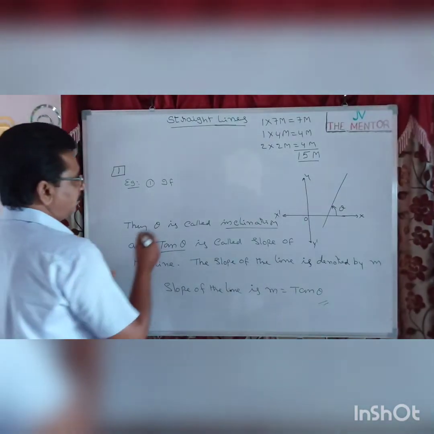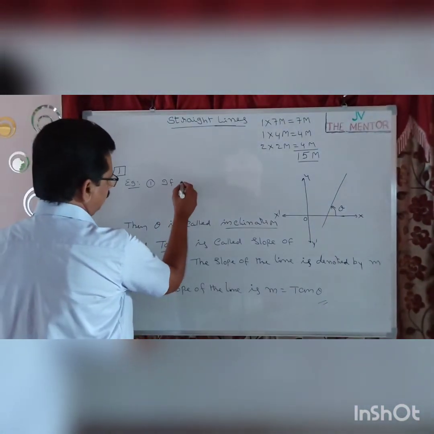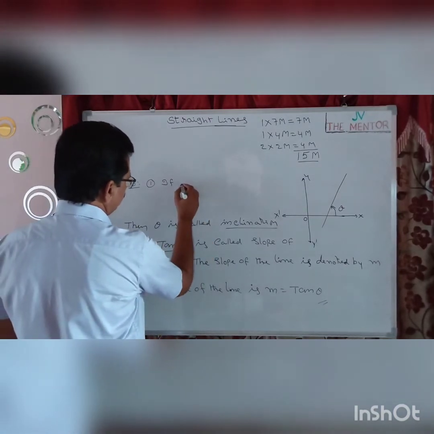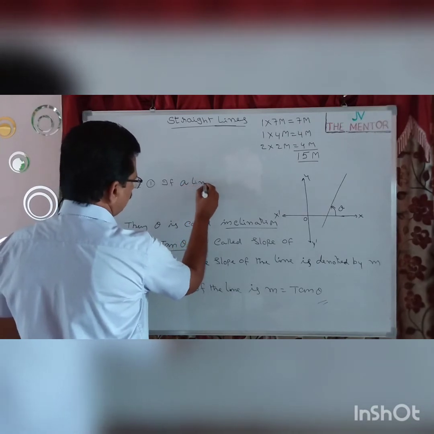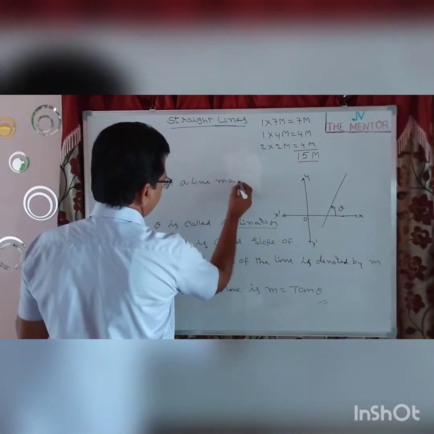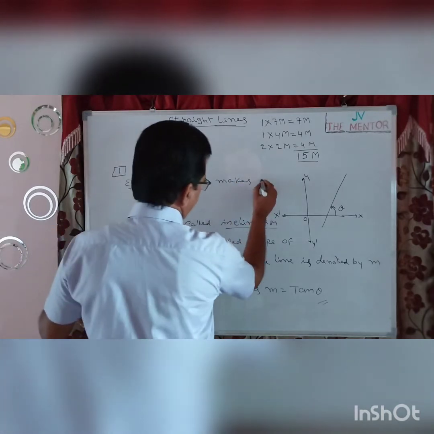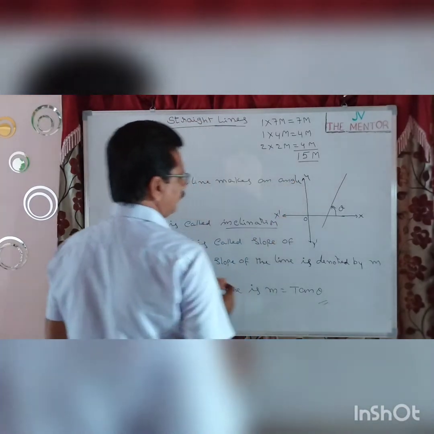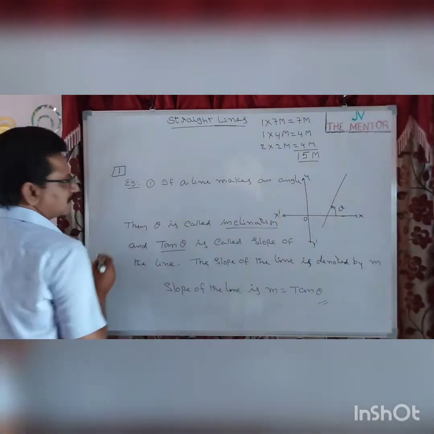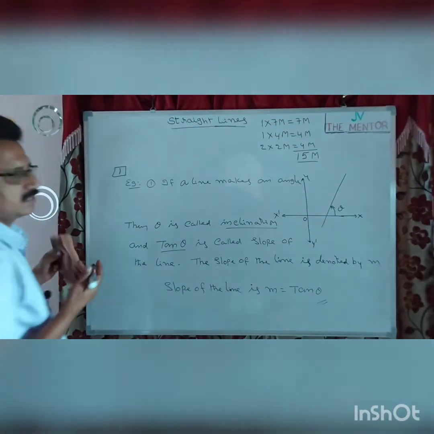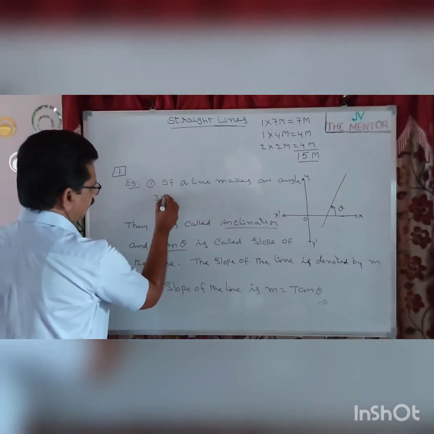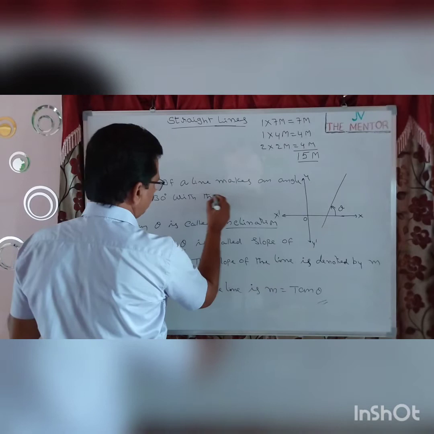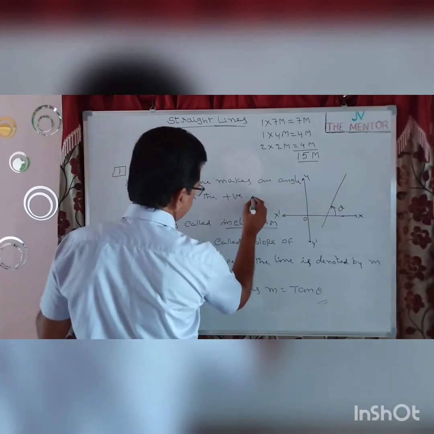If a line makes an angle 30 degrees with the positive direction of x axis,